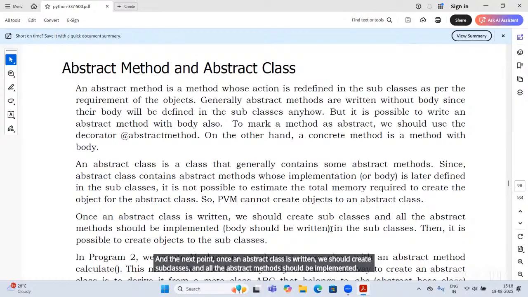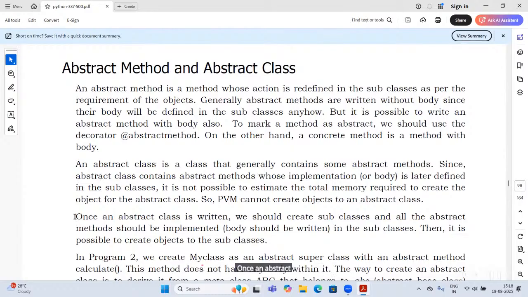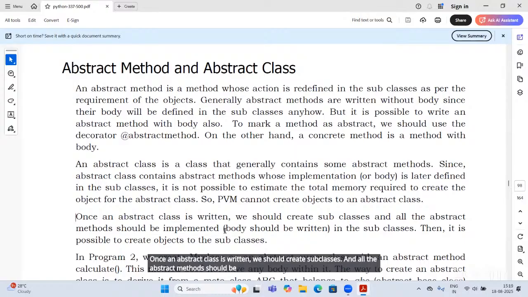Implemented means the body should be written in the subclasses.